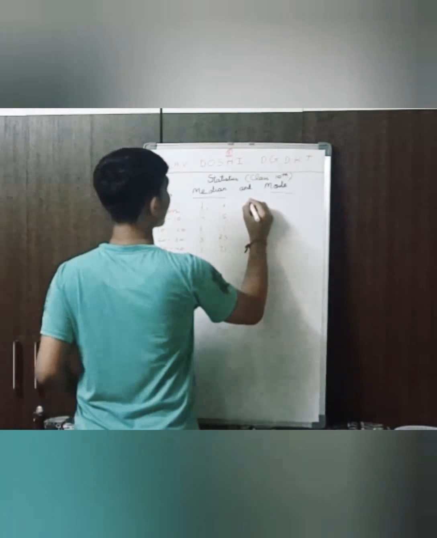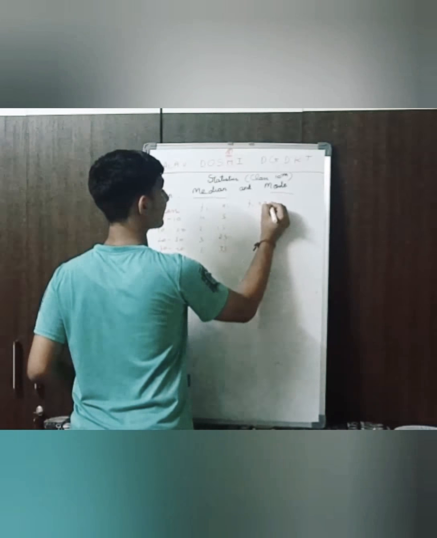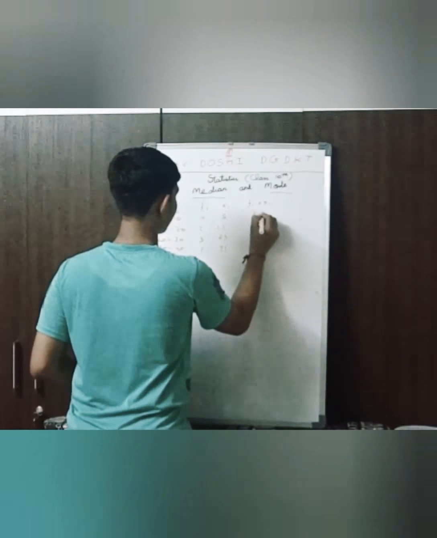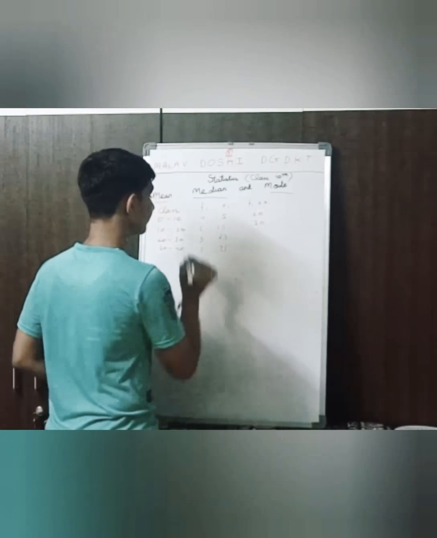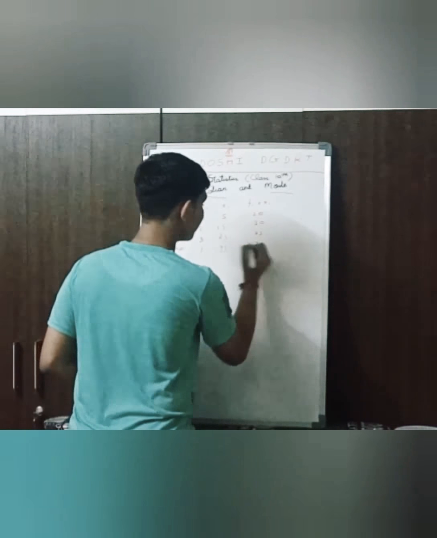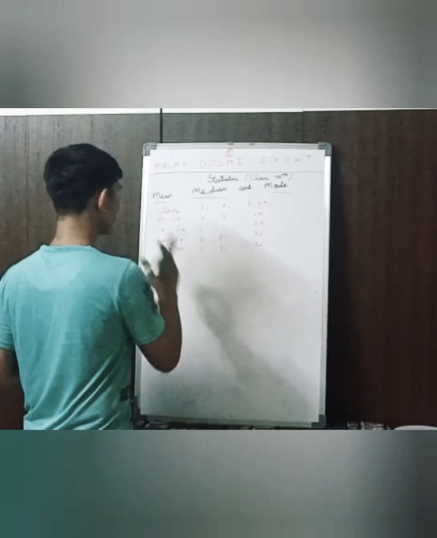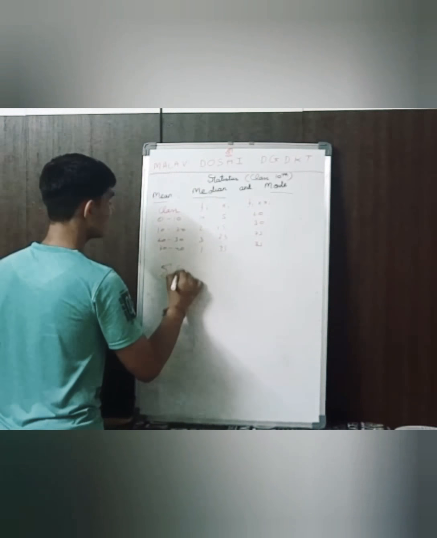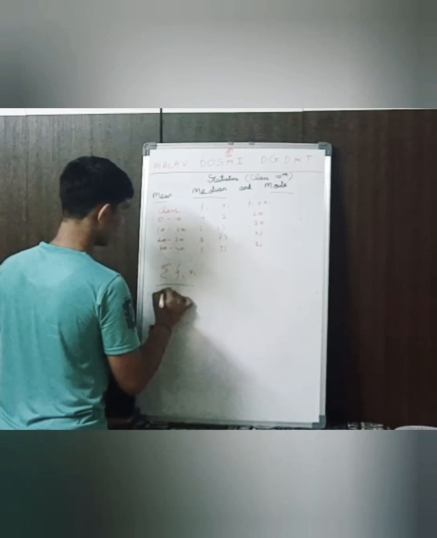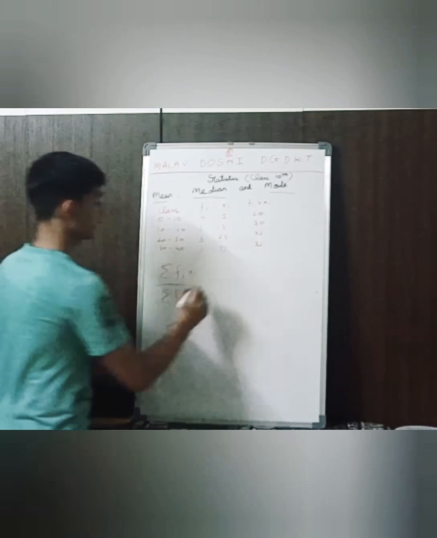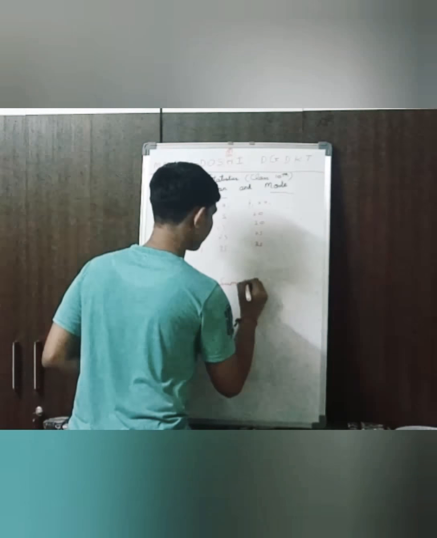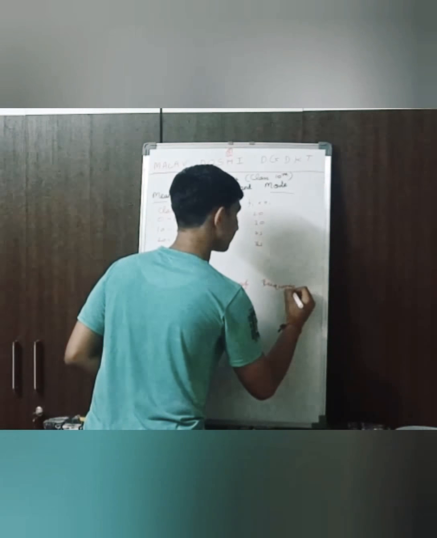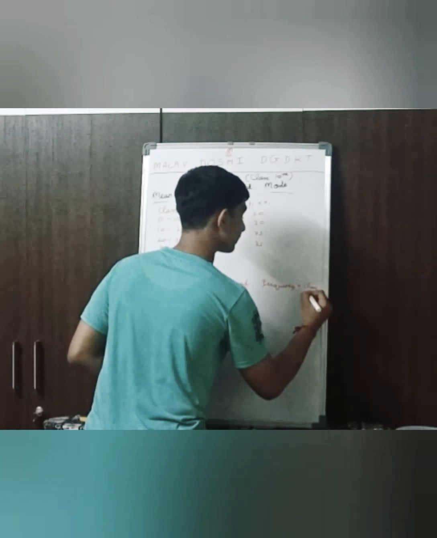Now, one more column comes: fi into xi. It means you have to multiply this frequency with the respective class mark. Let's do it. It's 20, here it is 30, here it is 75, and here it is 35. This is the first method, known as the direct method. Direct method means sigma fi xi upon sigma fi, let me write in words also: sum of frequency into class mark